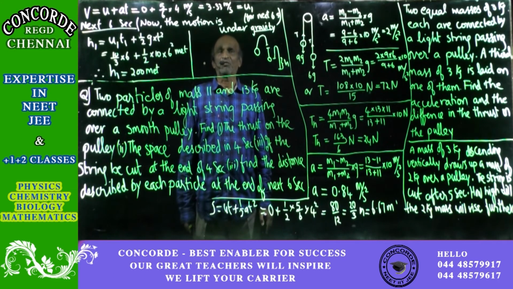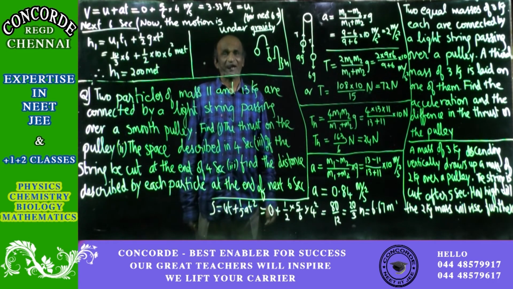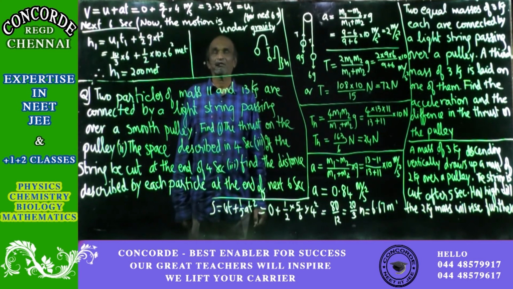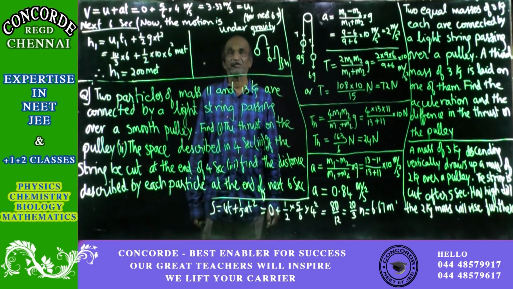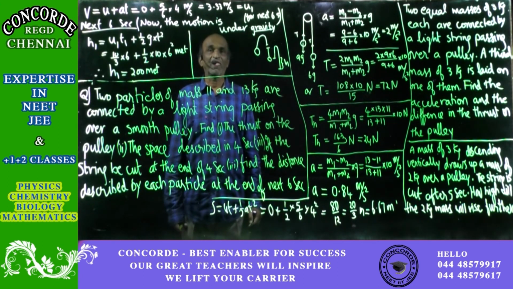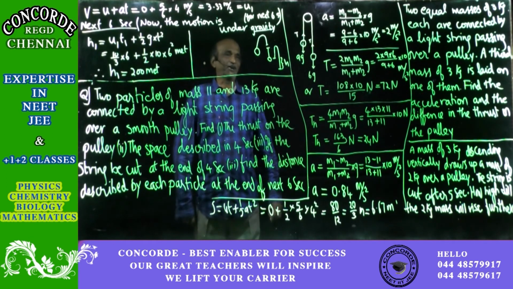If you had the hope of 50% to clear NEET, now your hope will be 90%. Try it, man. After covering whatever we have done, try to work out the NEET questions that have been asked earlier. In all the NEET questions of the past, you will get at least 75 marks. Just try it, man, and you will get all the confidence. You will get confidence to the extent that you will keep telling people that you will definitely clear NEET this time with rank, and you will get an MBBS admission. All the best.